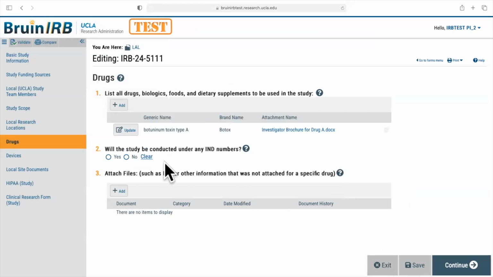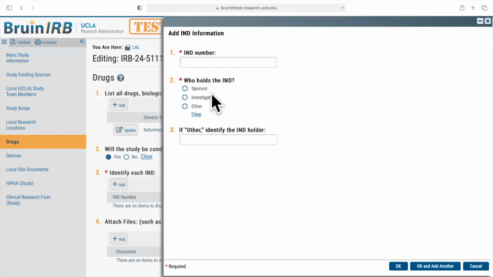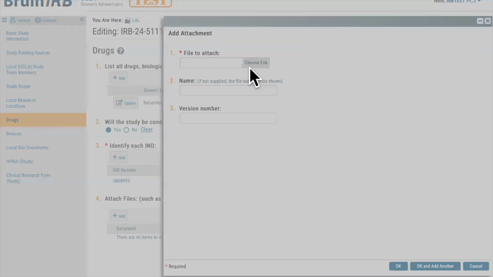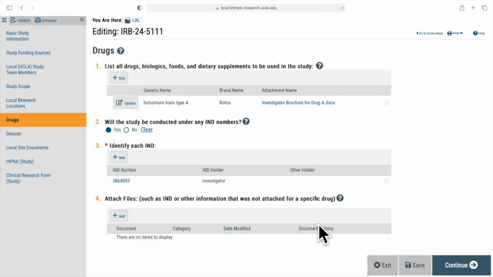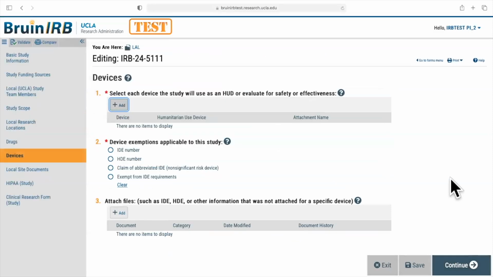Then if the drug will be conducted under any IND, we'll say yes. And then we'll see, we'll say that the investigator holds the IND and select OK. And then this is where if you need to attach any other files related to this drug, then you will attach it here. If you need to attach multiple documents, again, you can select the OK and add another. And so now we're done with the drug page, and then we'll proceed next with the